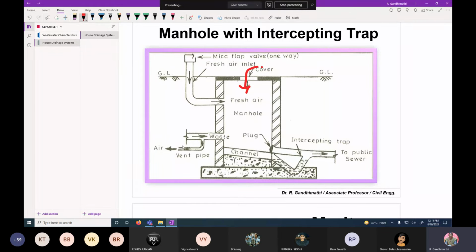This is the waste from the home, and this is a small chamber. You can see the slope, and it is automatically connected to the main sewer. Below this, you can see the intercepting trap.